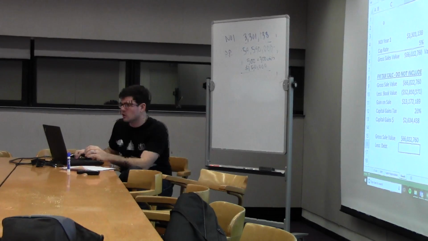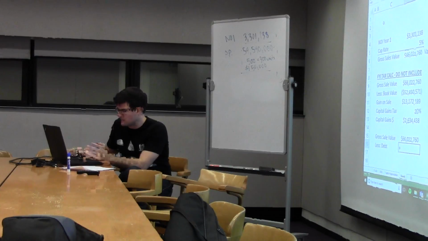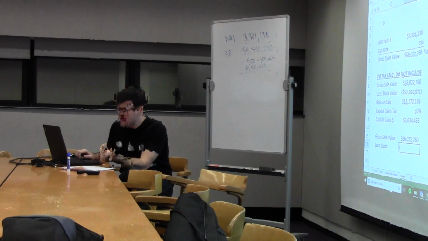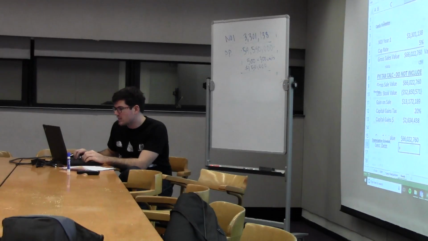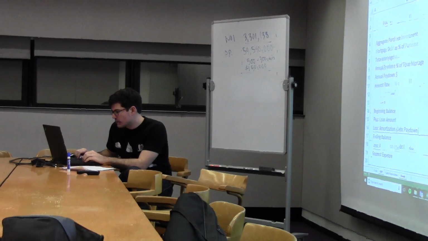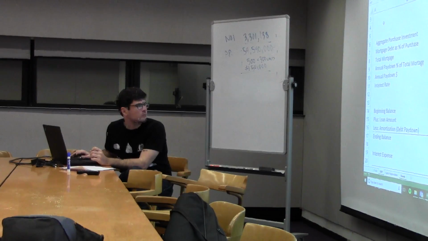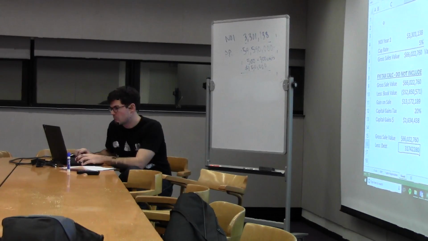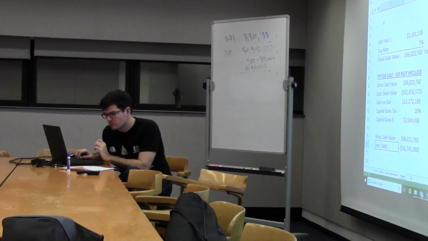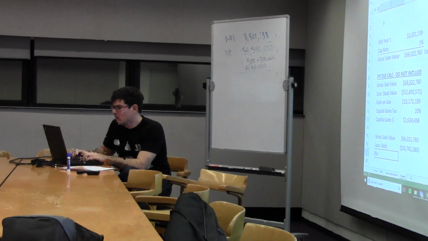And that would just result in less cash to you because they're the same. Debt plus equity equals gross sale value. So in this case, at the end of year one, our debt has been reduced down to $31.7 million. So we have to pay that back to the bank. But we also generated cash during the year